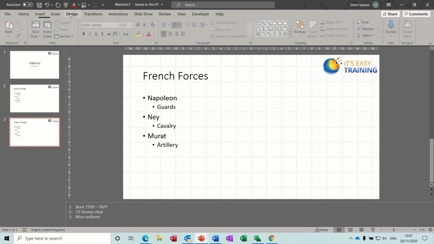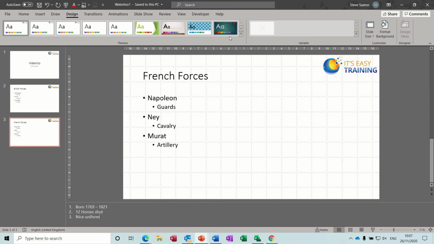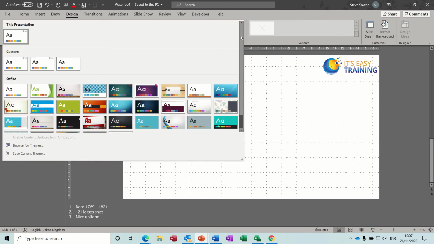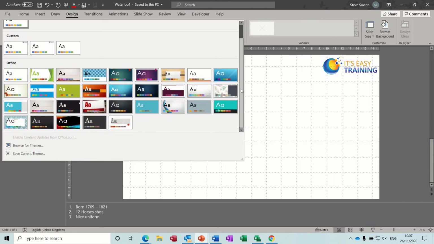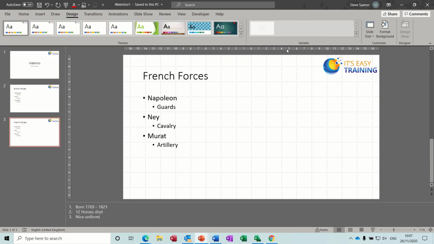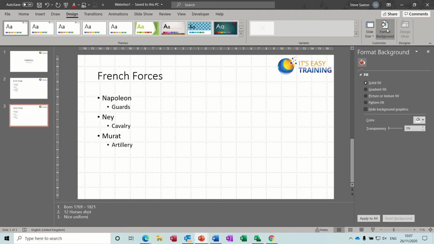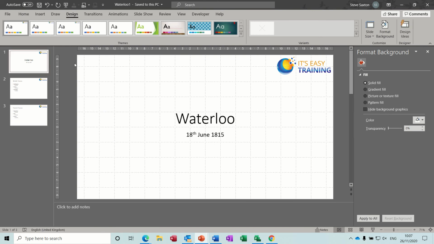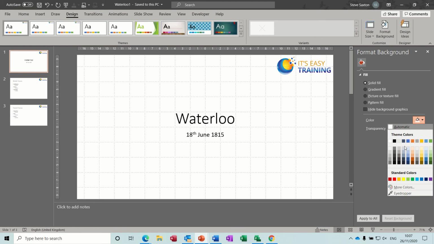So I'll go up to the design tab, and I've got some very pretty looking designs, which I'm not going to put on just yet. And on the right hand side of this, I've got format background, which I'm going to do. So I'll go to format background, click onto the first slide. So this is me manually colouring this in. Solid fill, little paint pot, bigger colour,